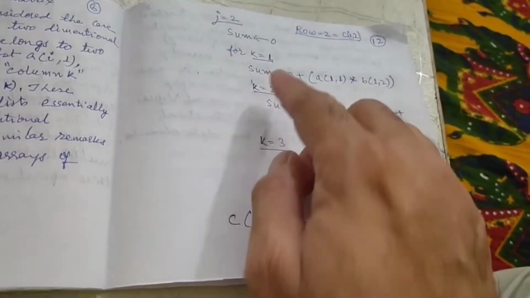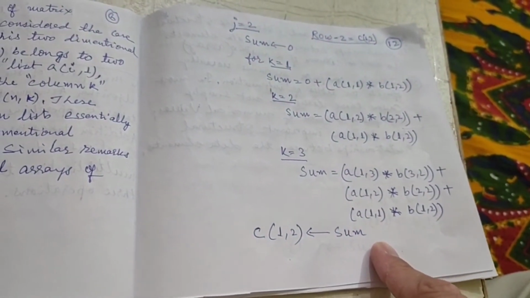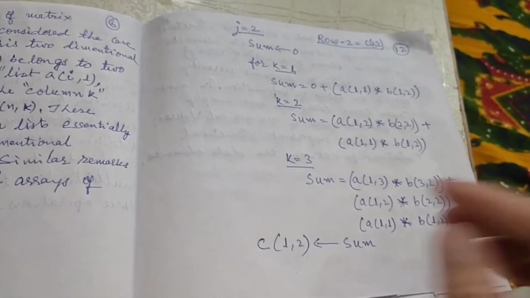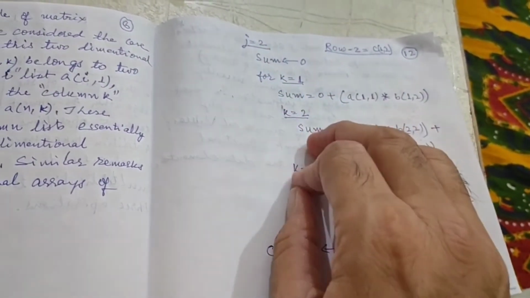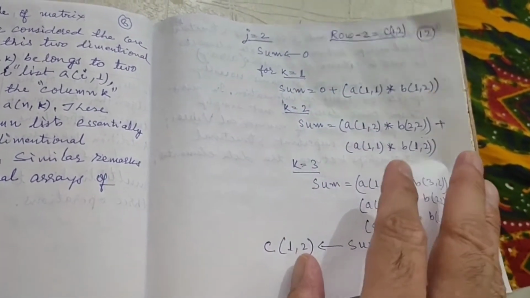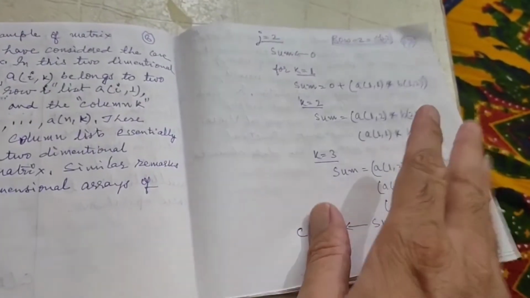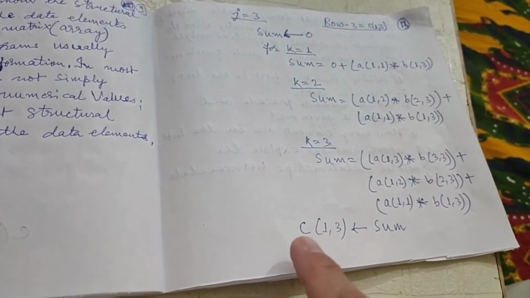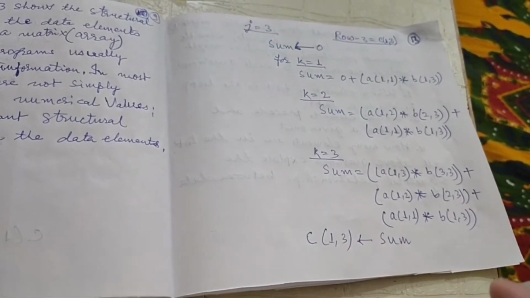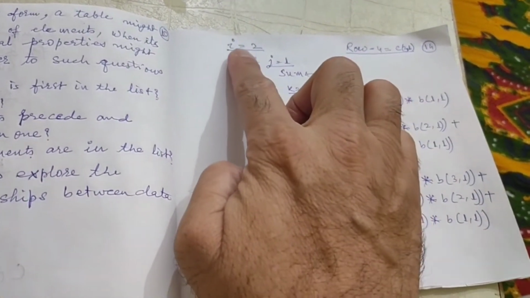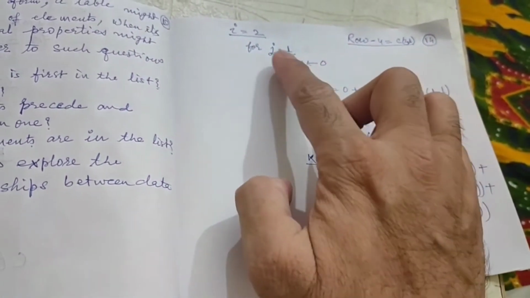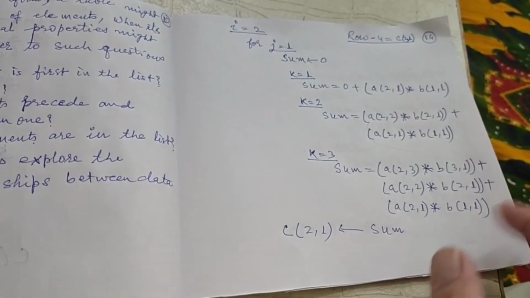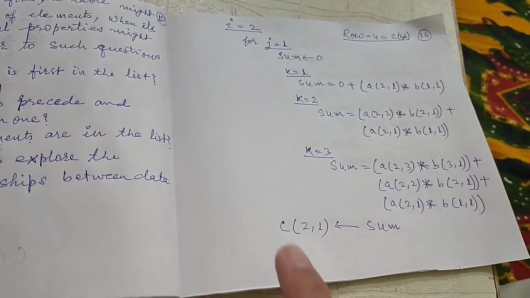Same way, second row I will get from the same part of the algorithm by changing the value of j is equal to 2 and k again 3 times. Next time j is equal to 3, same way I will get C13. Next time the value of i is equal to 2, j is equal to 1, first part as C21,